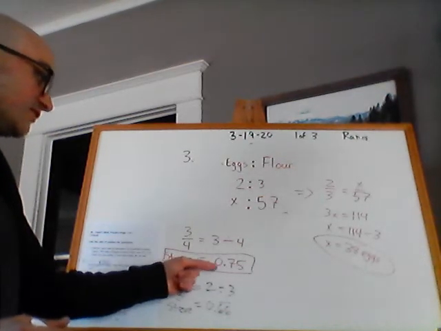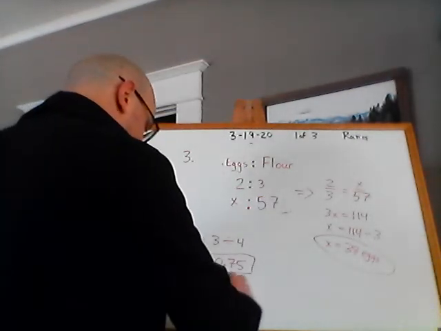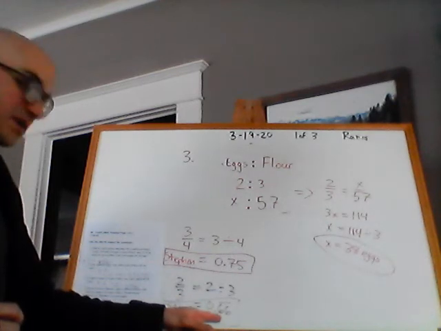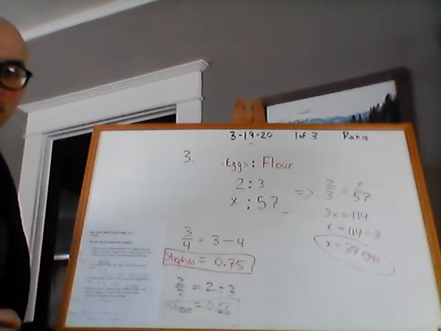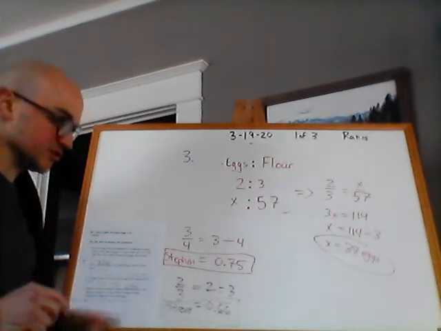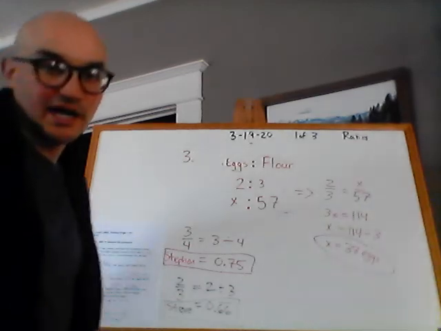So Stefan's got 0.75 eggs for every 1 cup of flour. Stephen's only got 0.66 eggs for every 1 cup of flour. So this number is larger, more eggs per 1 cup of flour. So Stefan's our guy. We'll pause